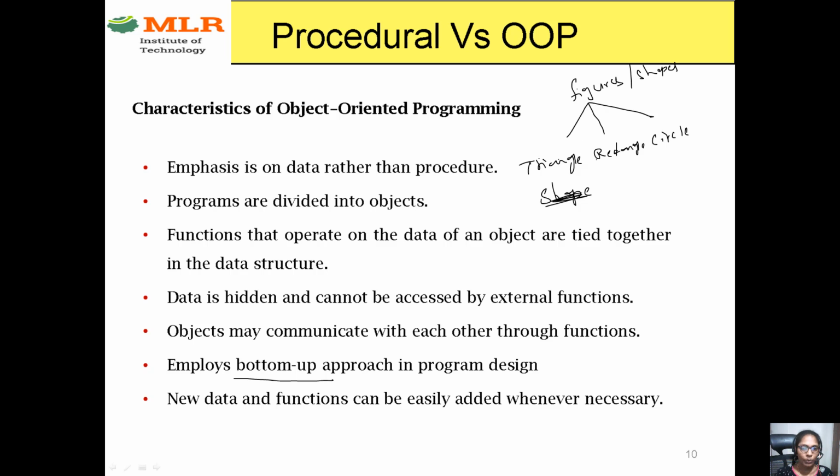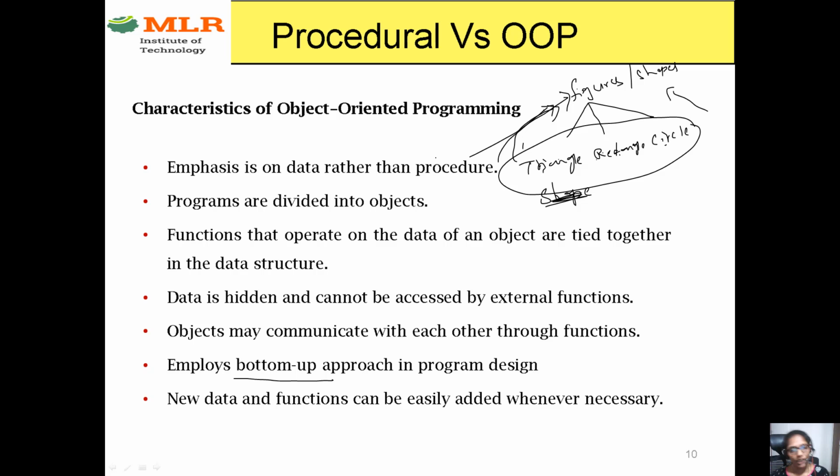Now what I am doing is combining different similar problems to make a big problem or a big solution. That means you are following bottom to top. In object oriented, you will take different similar objects, find common properties, and make a common solution for all those objects. That's why object oriented follows the bottom up approach.